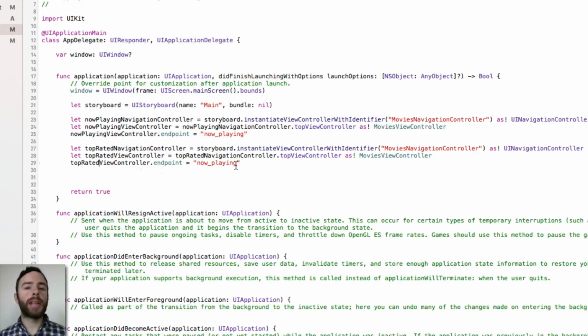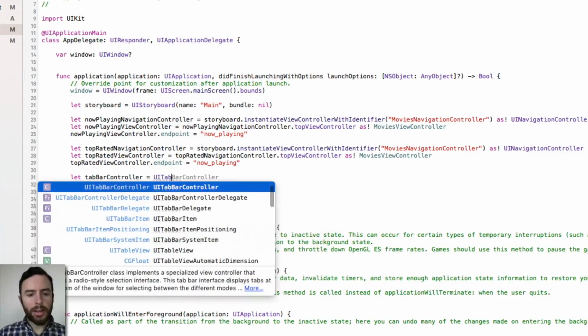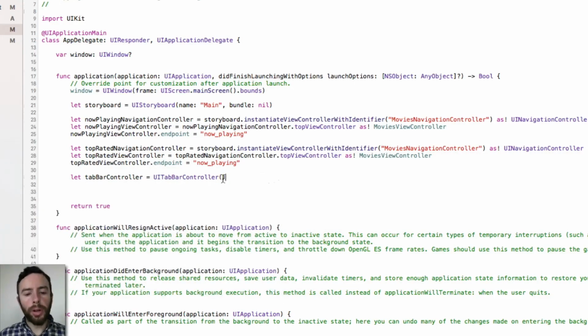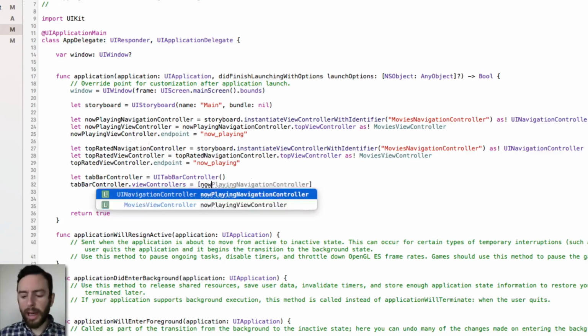The next step is creating a tab bar programmatically and then setting which tab has which view controller. To create the tab bar controller, I can say let tabBarController equal UITabBarController. And I'll use these open and close parentheses here to initialize and create that tab bar controller. Now, I'll reference the tab bar controller and then use .viewControllers and pass in an array containing the view controllers which I want tabs for. In this case, I'm going to want to link each navigation controller because that's where the now playing story really starts. Now playing navigation controller,